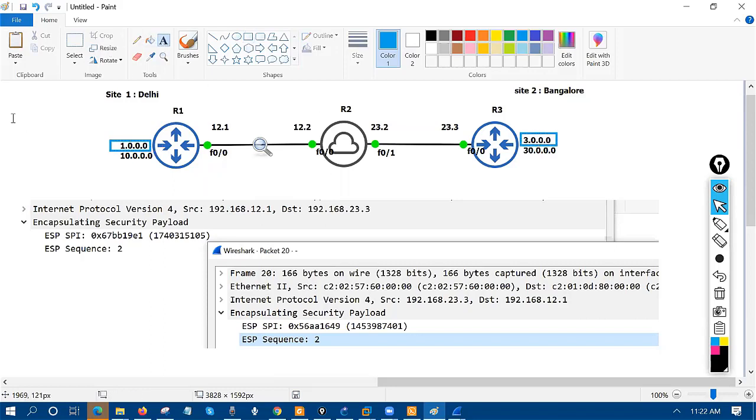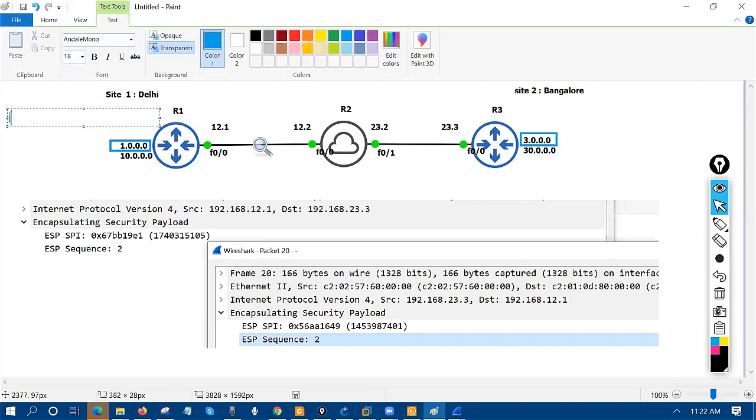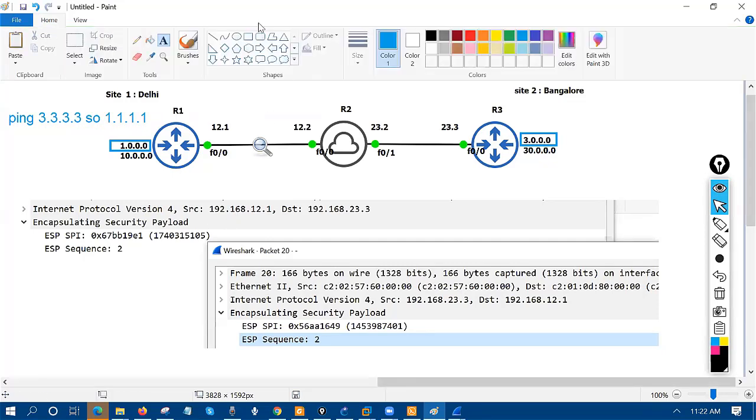Right. So here we have a ping. I say ping 3.3.3.3, and the source will be 1.1.1.1. This is the actual packet. And how will this packet be converted? Like this one. Right. The coming reply packet is